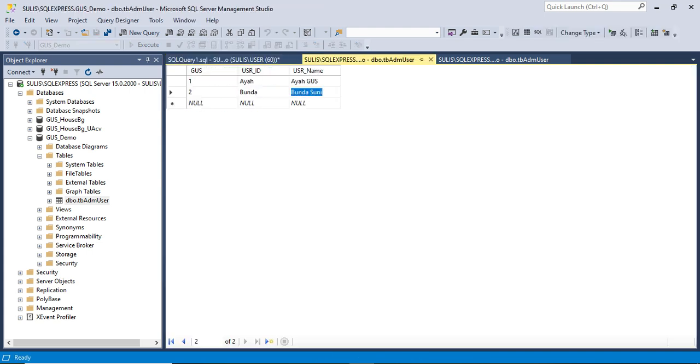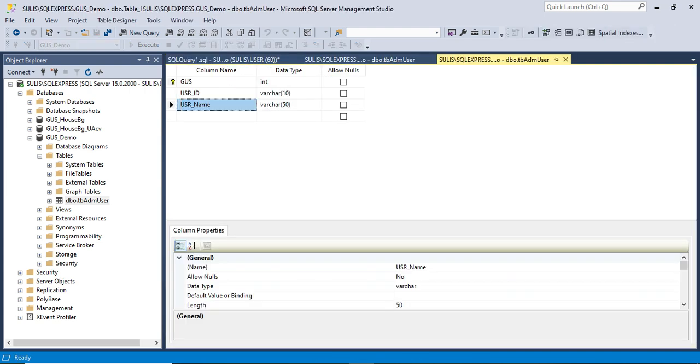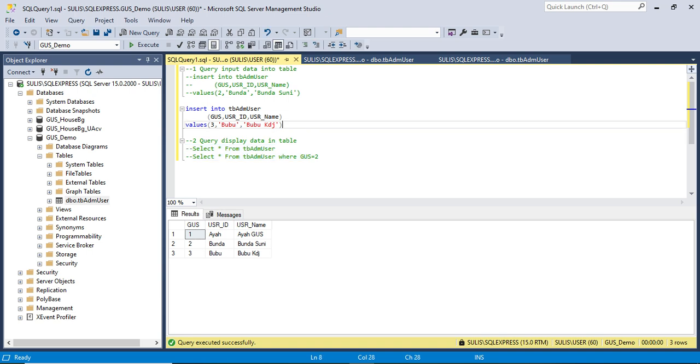Let's see our table. In our table, I define USR ID as the primary key. It means that this primary key cannot be duplicated. For example, we have three data here. What if I input again with data USR ID equal 3?